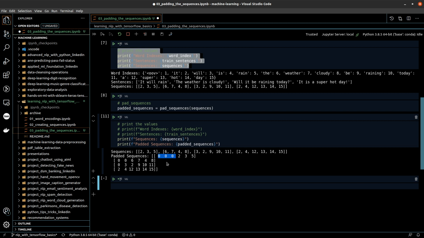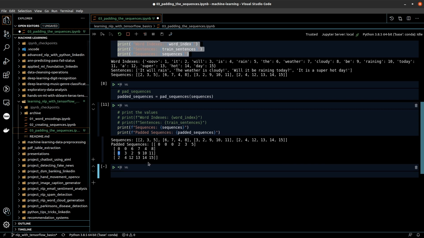So this 235 has been converted into 000235. This 6748 has been converted into 006748, padding of 2. This one had 5 characters or 5 counts, so it has been padded by just one value to meet the length of 6, and so on. So this is how padding works.